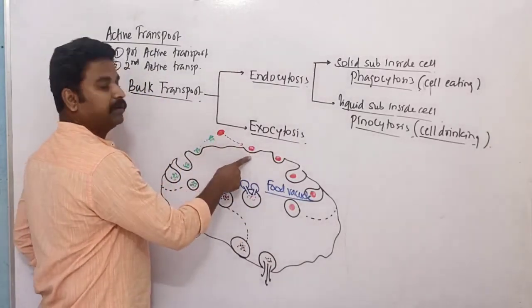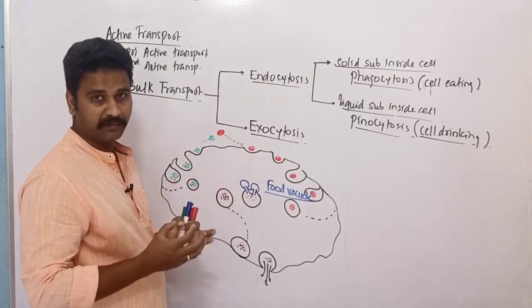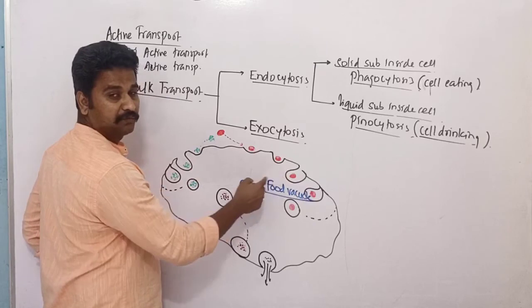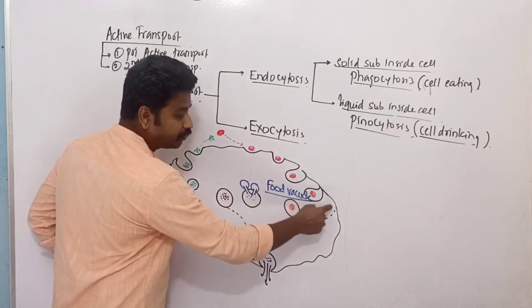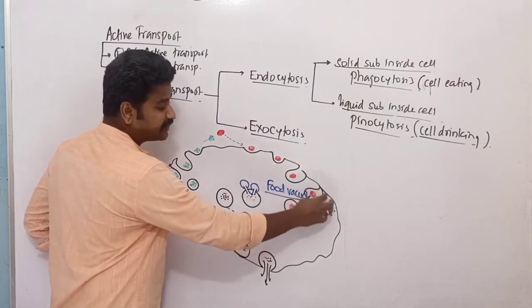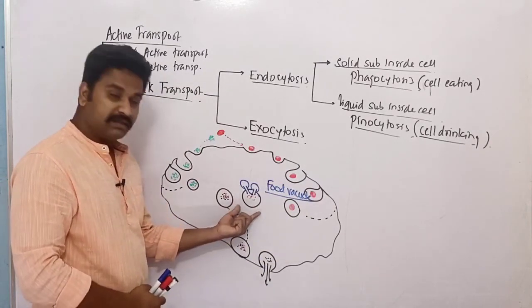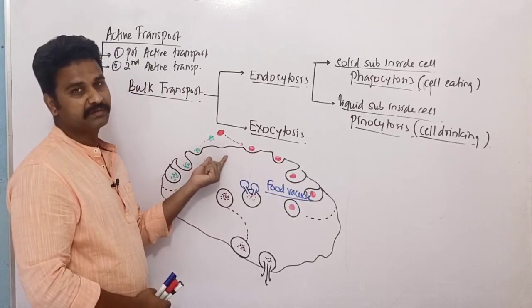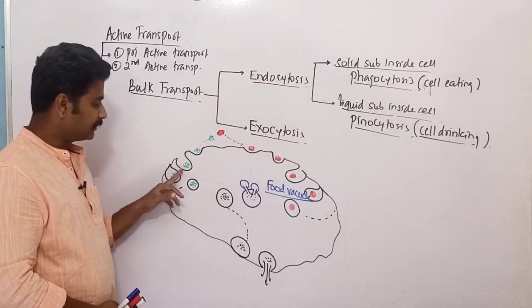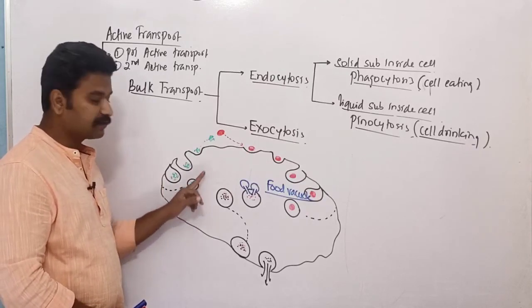कोई भी फूड पार्टिकल जब प्लाज्मा मेम्ब्रेन के कांटेक्ट में आएगा तो प्लाज्मा मेम्ब्रेन एक फोल्ड बना के उस फूड पार्टिकल को एब्सॉर्ब करने की कोशिश करेगी। फिर उस फोल्ड में फूड पार्टिकल आ जाएगा, फिर प्लाज्मा मेम्ब्रेन फिर से वो फोल्ड को इनलार्ज करेगी और करते करते पूरा वेसिकल बना लेगी कंटेनिंग द फूड पार्टिकल्स। फिर वो वेसिकल प्लाज्मा मेम्ब्रेन से डिटैच होकर इनसाइड द सेल ट्रांसपोर्ट हो जाएगा। इसी सेम प्रकार से प्लाज्मा मेम्ब्रेन लिक्विड सब्सटेंस को भी ट्रांसपोर्ट करती है। लिक्विड जैसे ही प्लाज्मा मेम्ब्रेन के कांटेक्ट में आएगा इट विल फॉर्म अ फोल्ड एंड दिस फोल्ड विल बिकम अ वेसिकल और वेसिकल विल गेट डिटैच फ्रॉम द प्लाज्मा मेम्ब्रेन एंड विल गेट ट्रांसपोर्टेड इनसाइड द सेल।